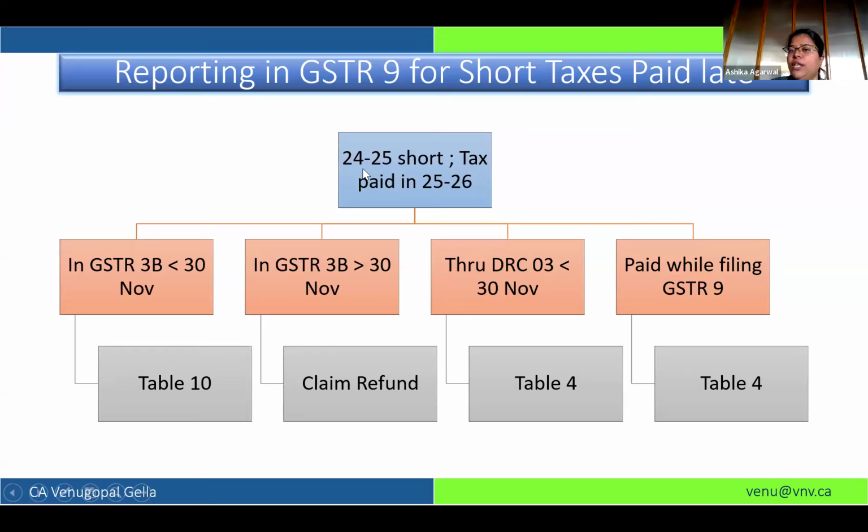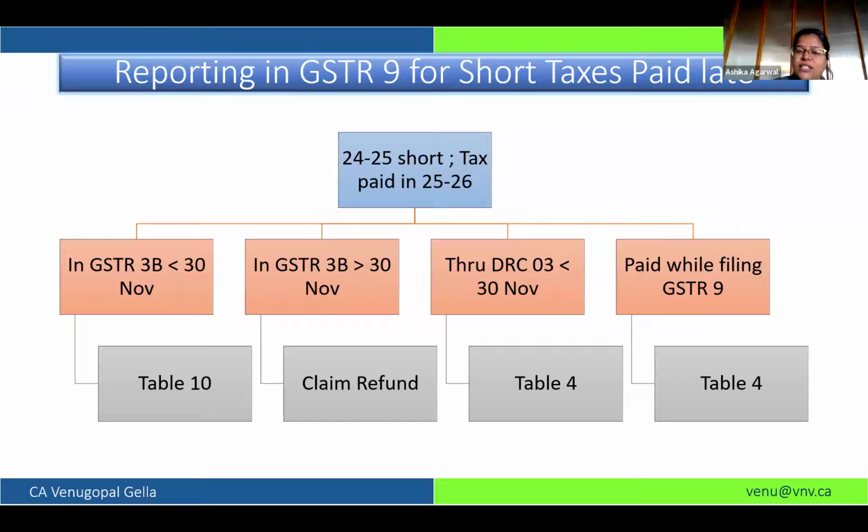Now over here, suppose for 24-25, you have done your GSTR 3B rectification before 30th November, like we are discussing here. So if you have corrected any error of 24-25 by 30th November or by filing the October month return, then you have to disclose it in part 5. Table 10 is where there is an increase in outward tax liability. So if you have paid more, meaning you have discharged your tax liability in 25-26, then you have to report it in table 10. If there is a reduction, meaning you missed reporting a credit note which you have reported in 25-26, then table 11.